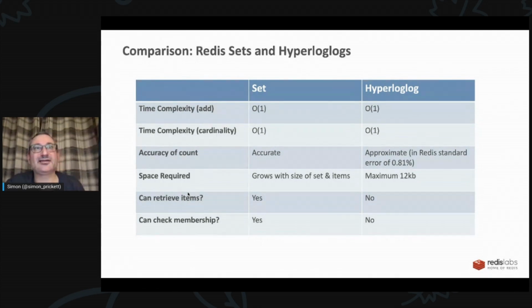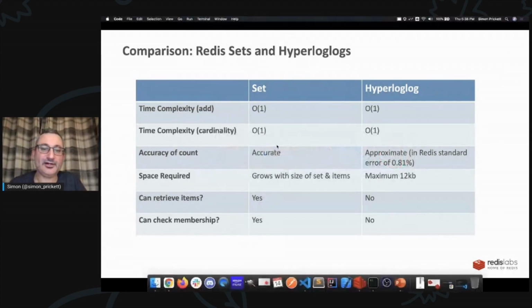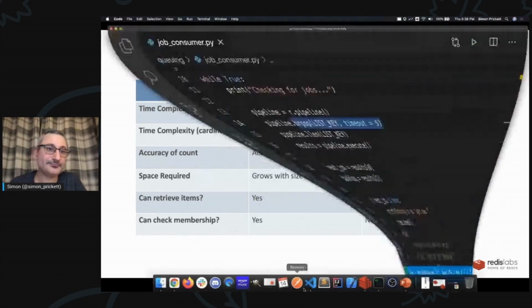So if you imagine, for example, Instagram likes on a photo or something like that, the absolute number of likes doesn't really matter. And storing it would potentially take a lot of space if you use the set to work out, is this new liker someone who's not liked this thing before? But with a hyperloglog, you're at 12K, and you're going to be at 12K no matter what you put in there. So